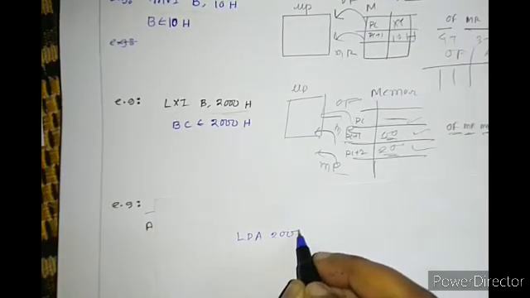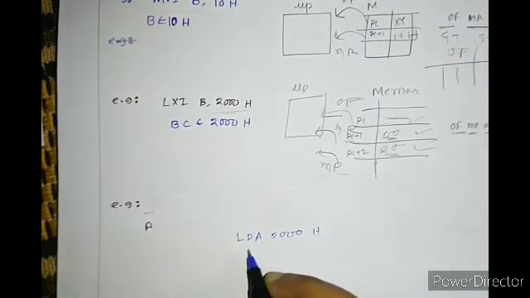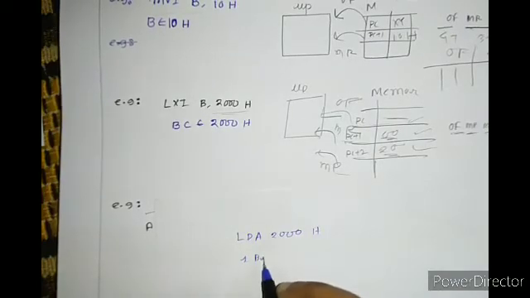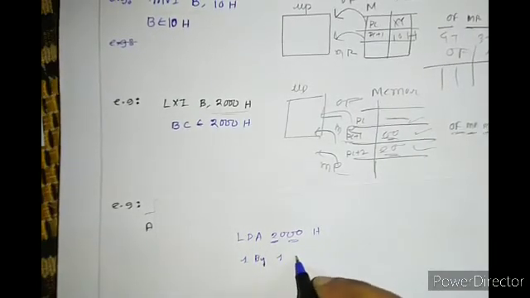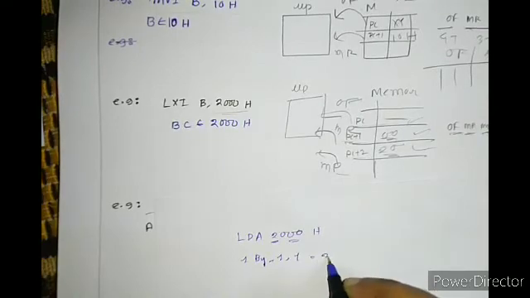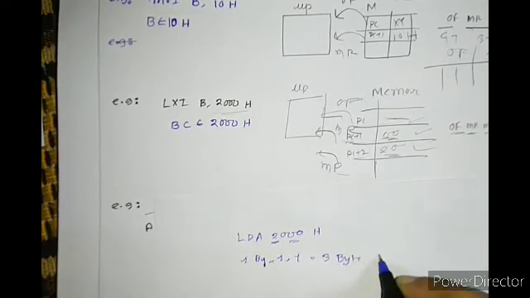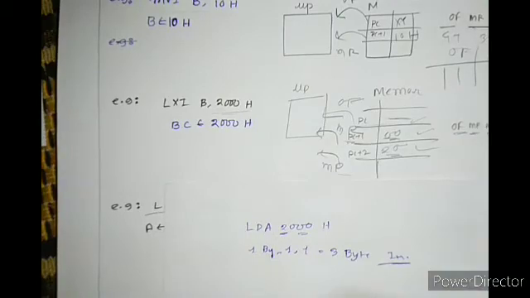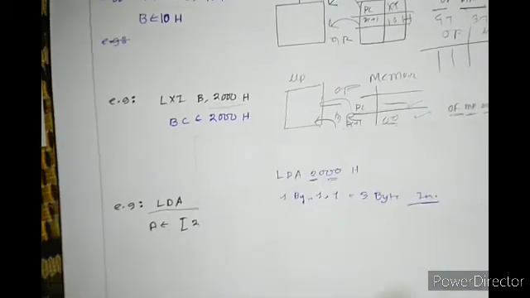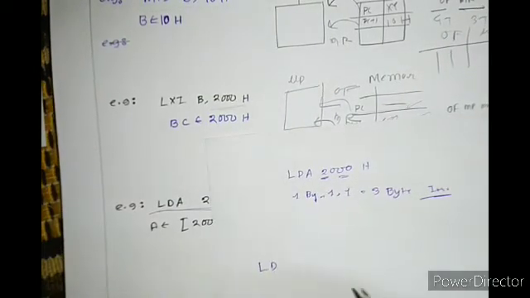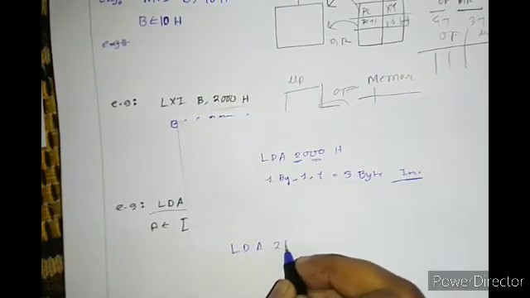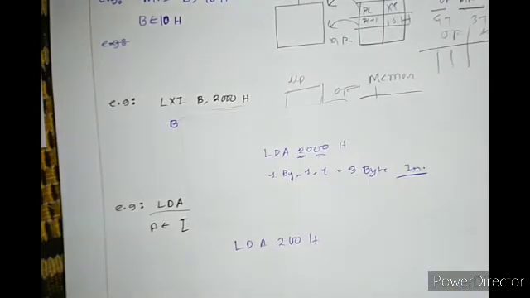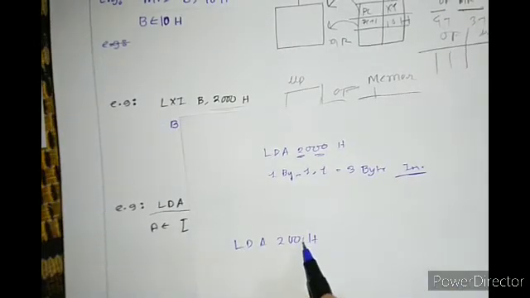LDA, 2000, 1 byte, and then this is 1 and 1, total 3-byte instruction. Our instruction will happen in 3 stages: fetch, decode and execute. So first, when LDA 2000 is here,